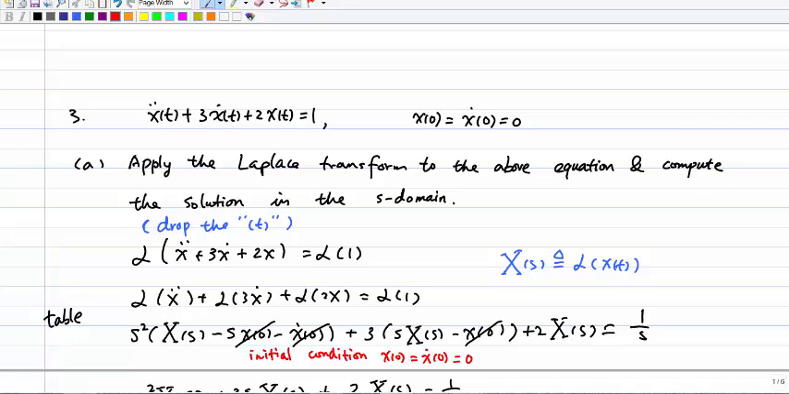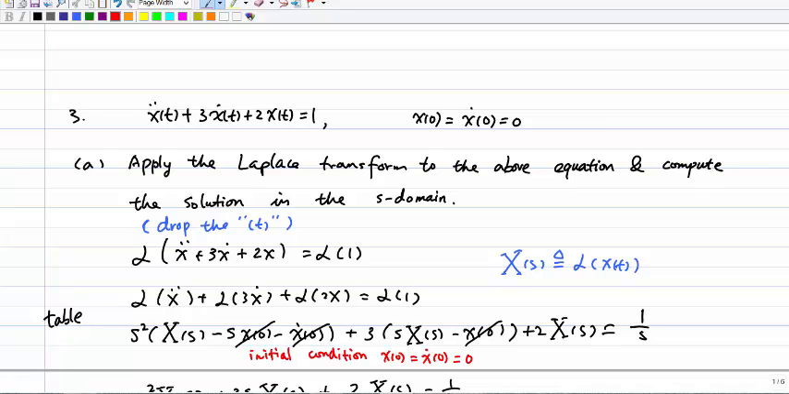Okay, so the equation you are given is x double dot t plus 3 x dot t plus 2 x t equals 1. The initial conditions are x(0) and x dot (0), which both equal 0. The first question is to apply the Laplace transform to the equation and compute the solution in the S domain. The general approach is we first compute the solution in the S domain, and then we do the inverse Laplace transform. So to find the solution in the S domain, we first apply the Laplace transform